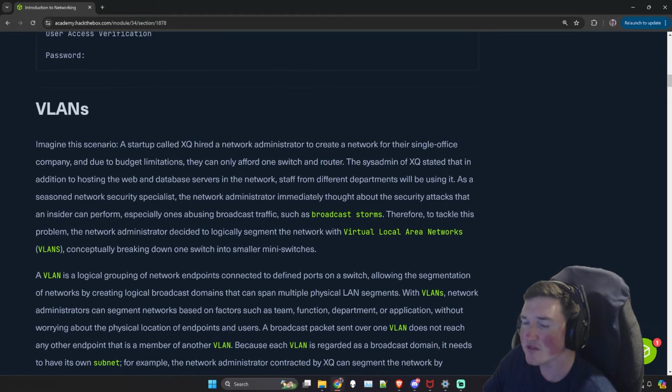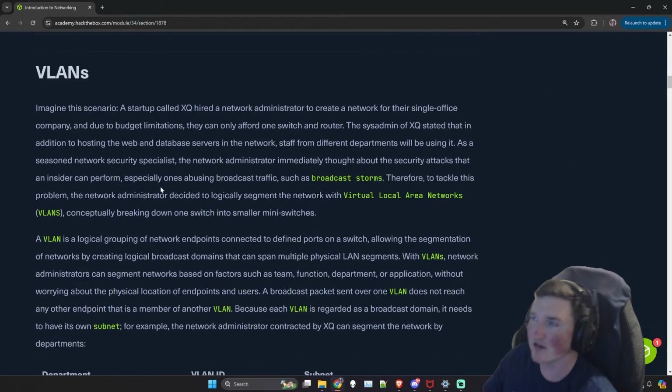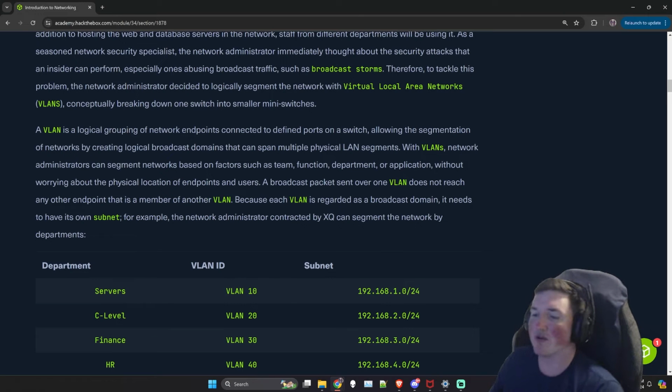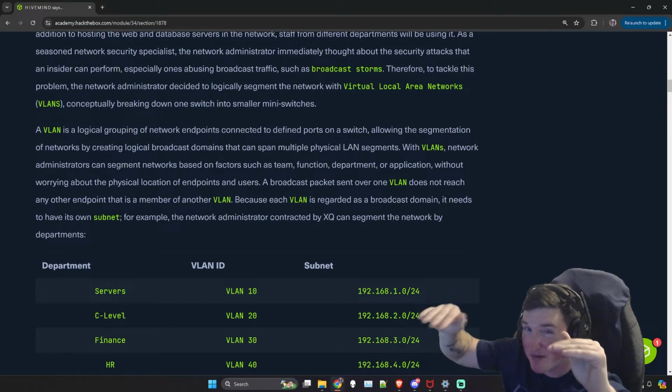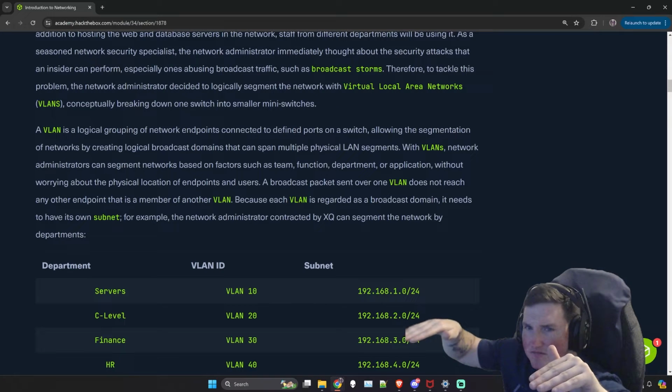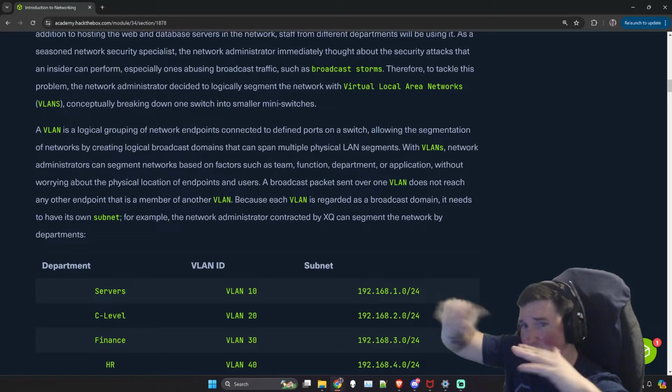Okay. Now, VLANs. This is where people ask all the time, what is a VLAN? Virtual LAN. Think about it this way. I have 10 computers over here, 10 computers over here, and they're separated. We're in 2 different buildings, we'll even go that far, right? They're on 2 different networks. They can't talk to each other unless we set up a connection, right?